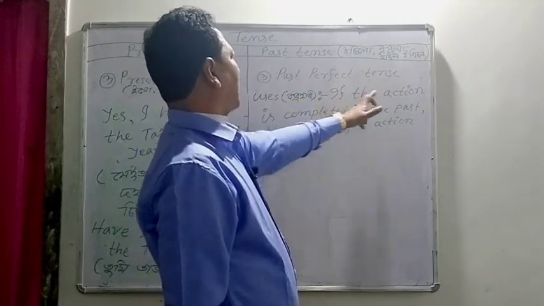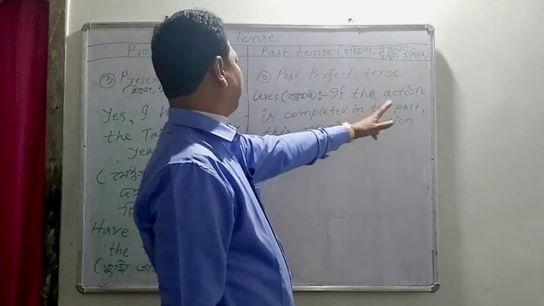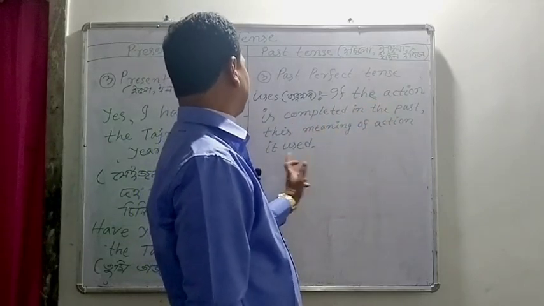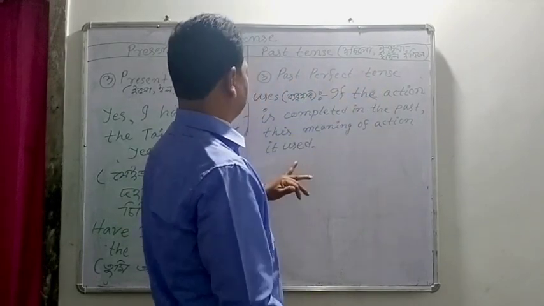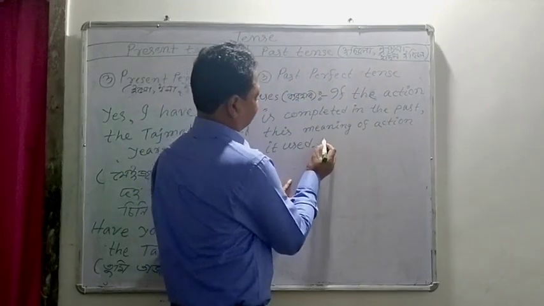Now you see, if the action is completed in the past, this meaning of action, it uses what? Past perfect tense. That means, in Assamese,